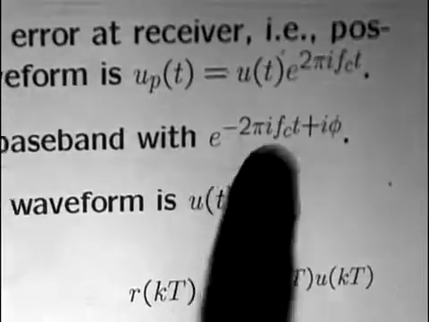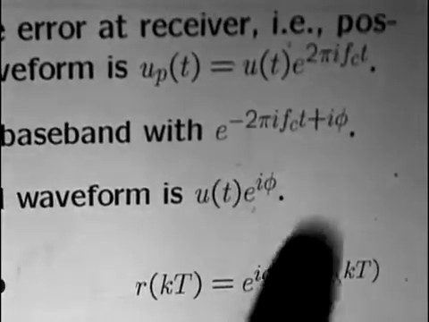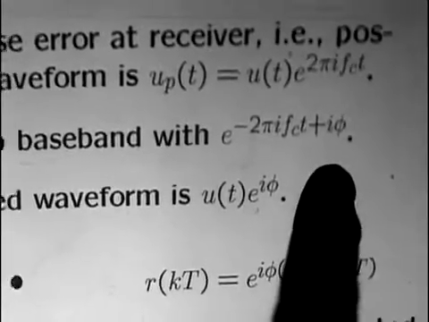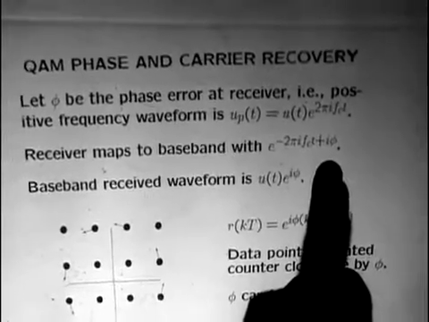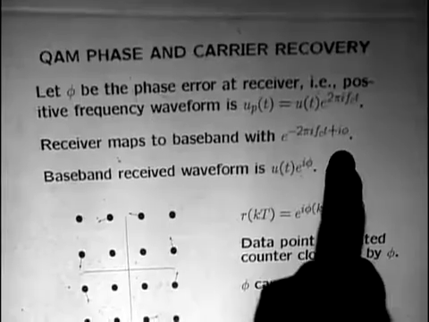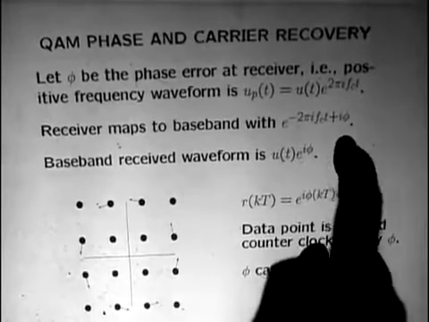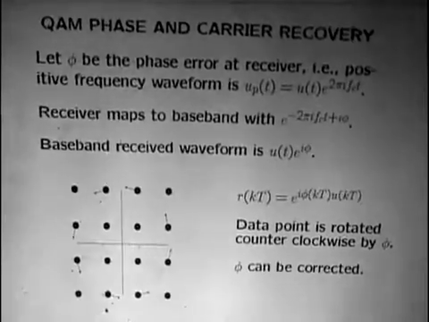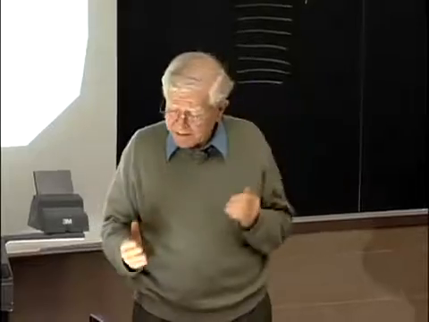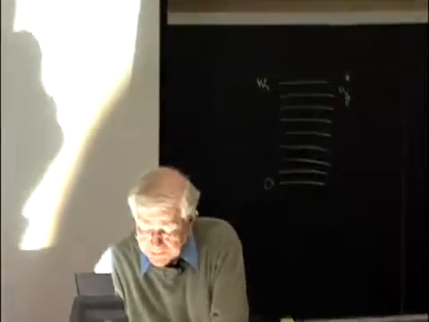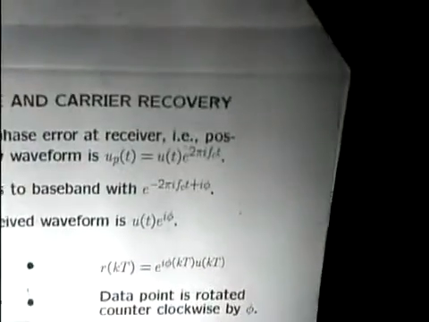Okay, at the receiver, we're going to be multiplying again by e to the minus 2 pi i fct. There's going to be some phase in there because the receiver's clock and the transmitter's clock are not the same. Now, the thing which is complicated about this is that at the receiver, there's some propagation delay from what there is at the transmitter. So what we're really saying here is when the waveform u of t gets to the receiver,